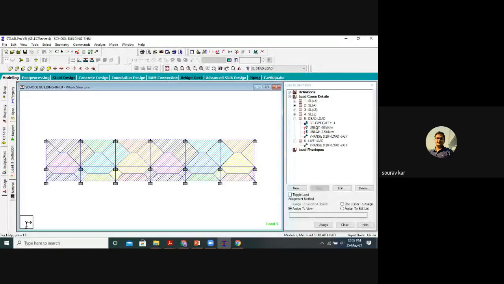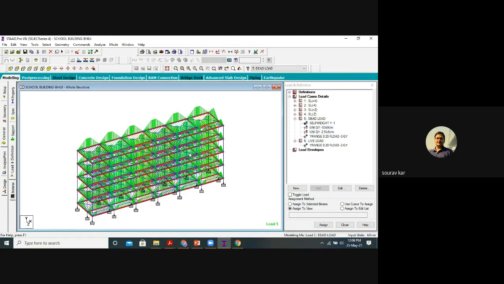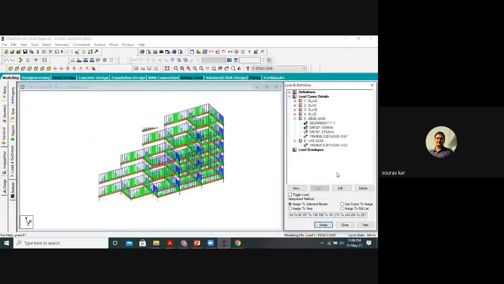So now I will give the beam load, because we all know that wall load falls on the beams. So we will select all the beams, beams parallel to the x-axis, parallel to the z-axis, all beams. If you see, we have properly selected all the beams, and I will assign selected beams, assign, yes.